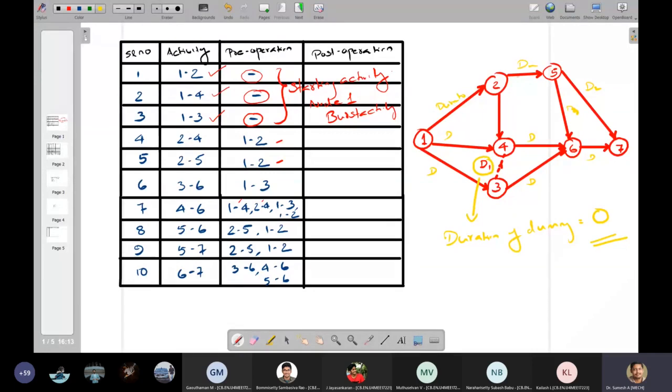This is how we will construct a network diagram, or arrow diagram. This is how we will proceed. I hope the idea is clear.